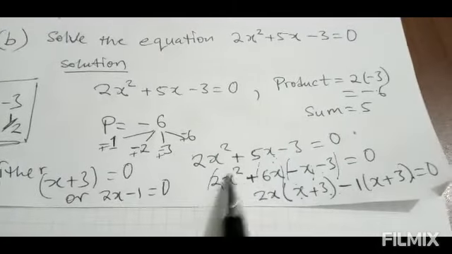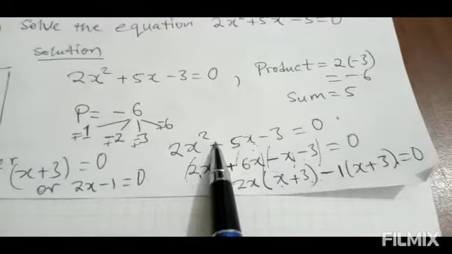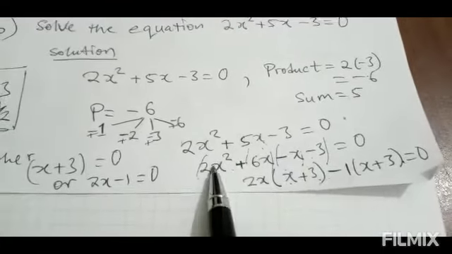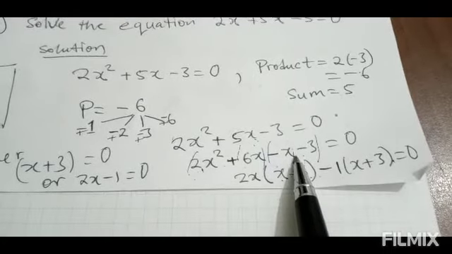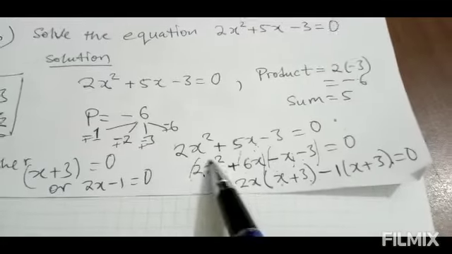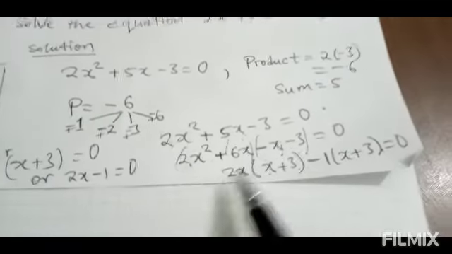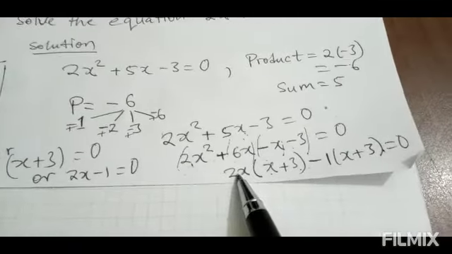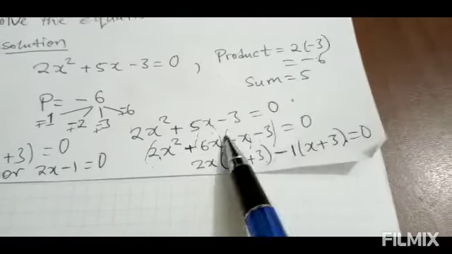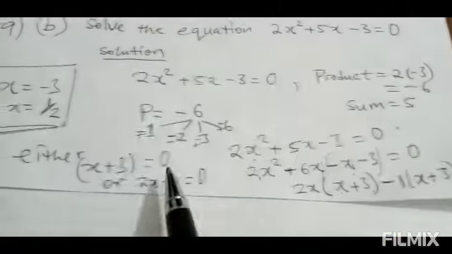We can rewrite 2x squared plus 5x minus 3 equal to 0 as 2x squared plus 6x minus x minus 3 equal to 0. Then we group them. What is common here? It is 2x, x plus 3, minus 1 is common here, x plus 3, okay. So either